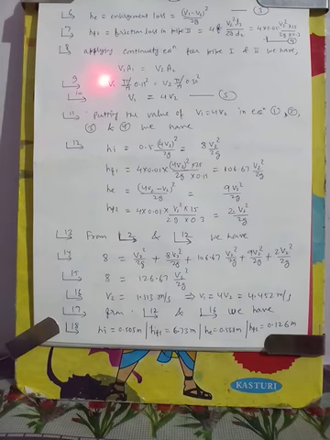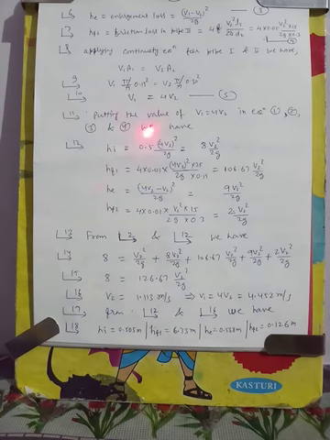Now we apply the continuity equation for pipe 1 and 2. We have V1A1 is equal to V2A2, where V1 is the velocity in the small pipe 1, A1 is the cross section area of pipe 1, and V2 is the velocity in pipe 2, that is a big pipe, and A2 is the cross section area of pipe 2. So by putting all the values we get the relation between V1 and V2. V1 is equal to 4V2. Let's say this is equation 5.